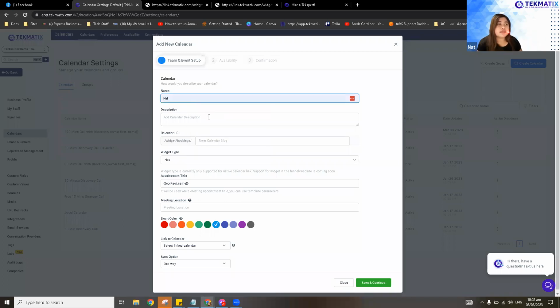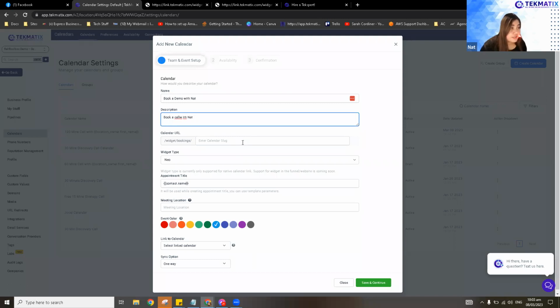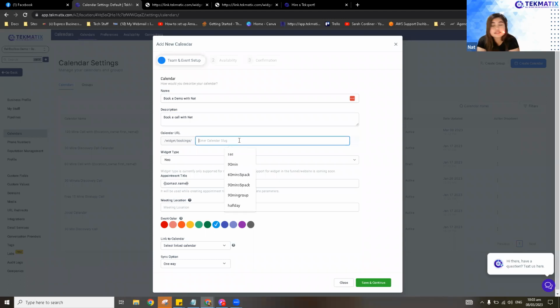So let me put in maybe "Book a demo with Nat." Description: "Book a call with Nat." And I think someone asked about the calendar URL, which is basically this one. This needs to be unique.